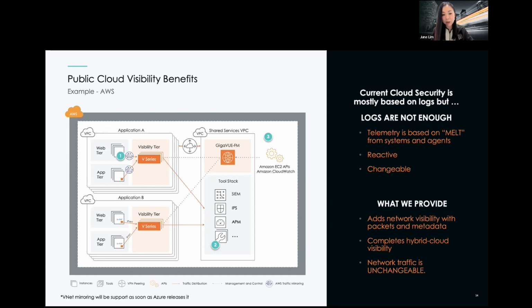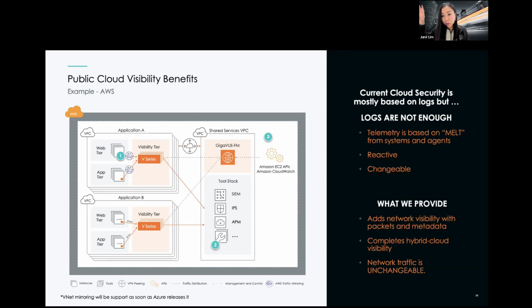We have a visibility fabric, you spin us up on your VPC, and then we will start to see all the traffic from your different workloads. We will collect the traffic from your different workloads, and then your different virtual tools, let's say your virtual SIEM, your virtual IPS, your virtual APM, can just connect to Gigamon and grab the traffic on the cloud.